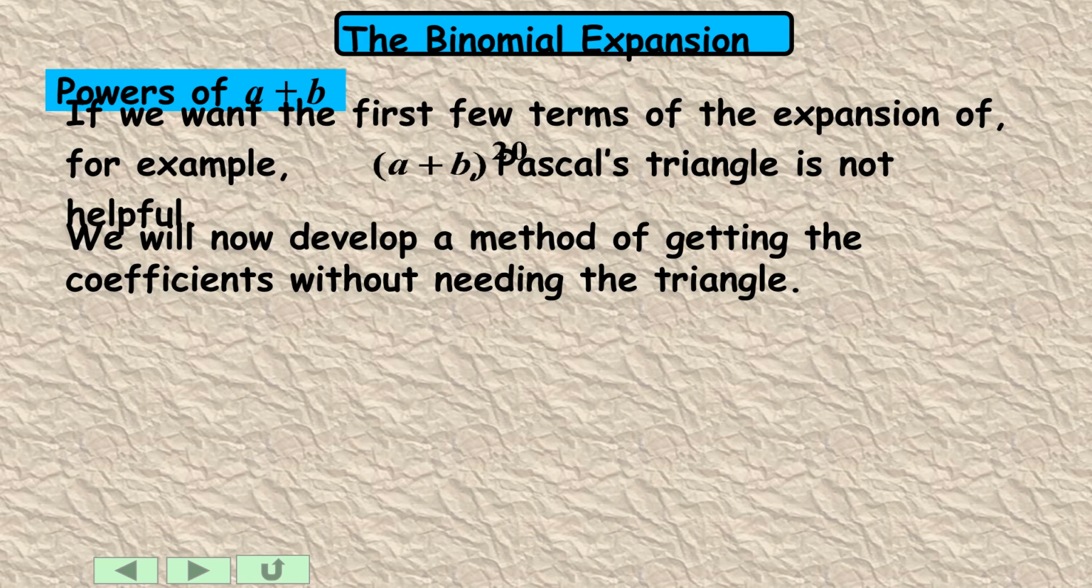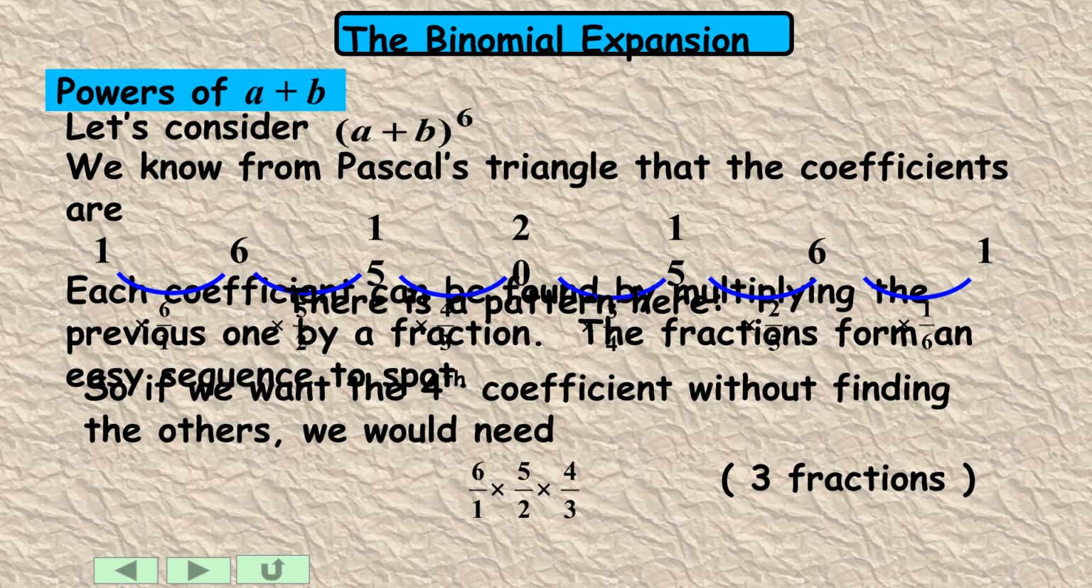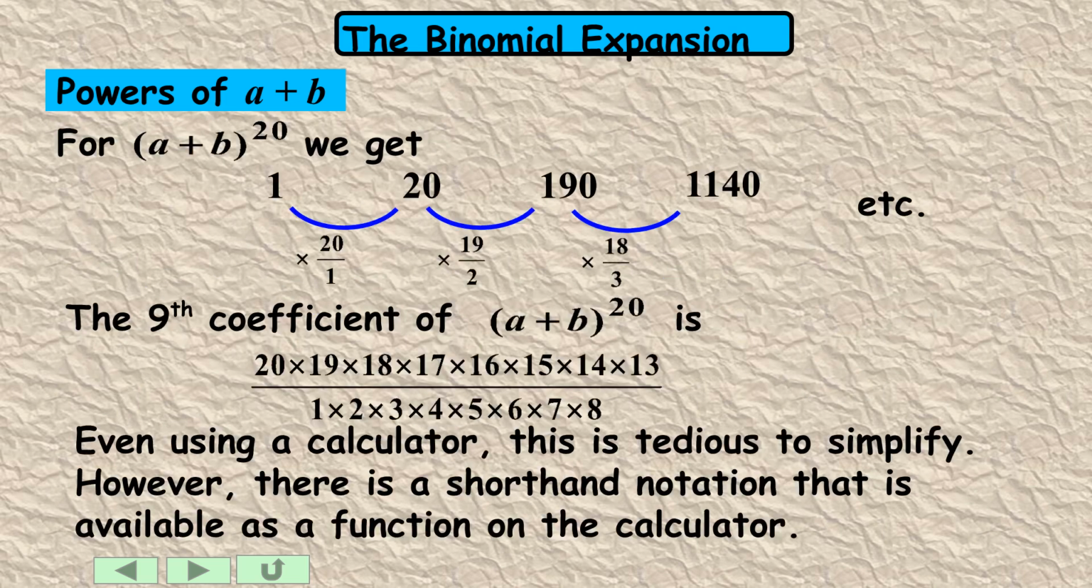Notice how the powers of a are 1 at every step. Simplifying the powers of 2x and multiplying the coefficients gives the final expanded form: 1 plus 10x plus 40x squared plus 80x cubed plus 80x to the power of 4 plus 32x to the power of 5. If we want the first few terms of the expansion of, for example, a plus b to